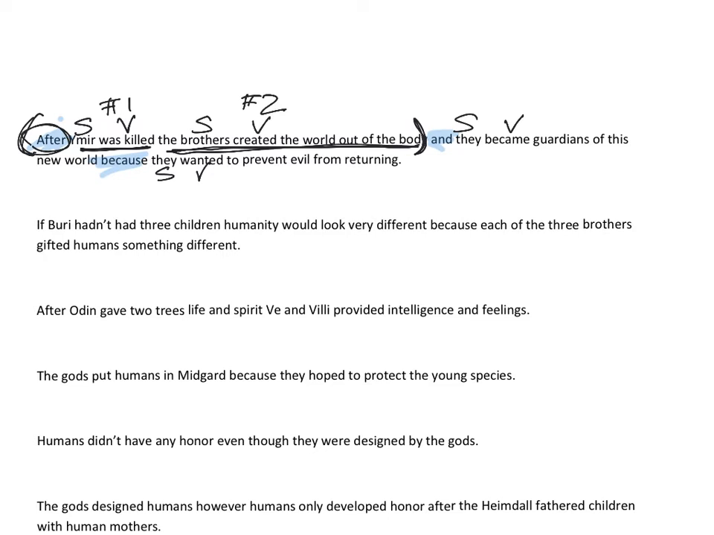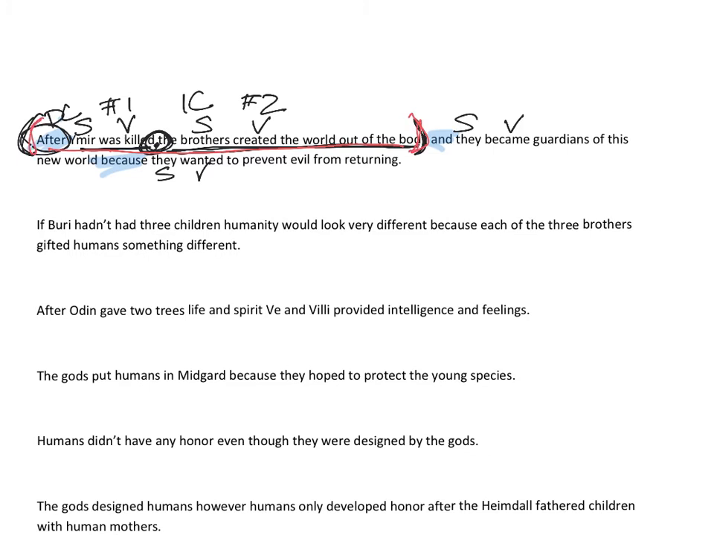Because it flips, we know this is a dependent clause. Because the dependent clause is up front, what do I need in between the dependent and the independent? Okay, that means I need a comma right there. Now, we are going to look at how this